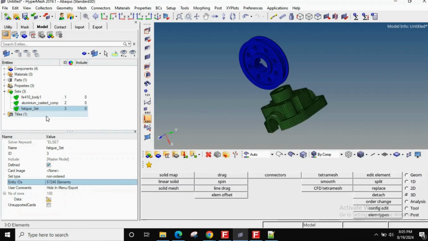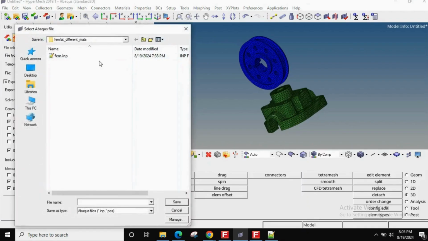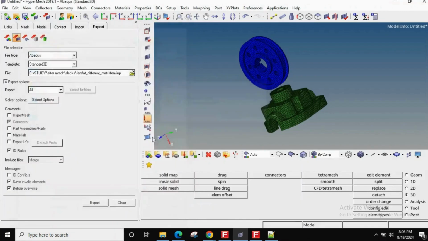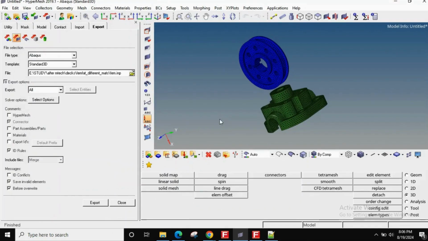This should contain all the elements which we need to analyze. Okay, so these three elemental sets we have now. I will just process this here. Suppose I have exported this. Once this is done,